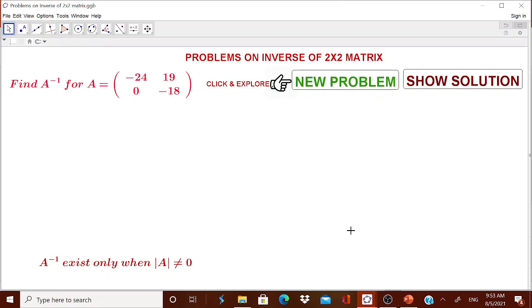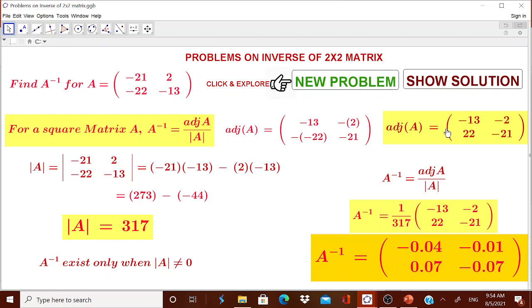The matrix will be generated in a single worksheet. For example, when I click this, a new problem will come. When I go on clicking this, a new problem will be coming, and you can give time for the children to find the inverse for this matrix. Then you can show them the solution. The solution is a little bit explicit. It tells what is the formula for A inverse, what is the adjoint and what is the determinant, and it tells the condition for having the inverse, that is determinant A not equal to 0.